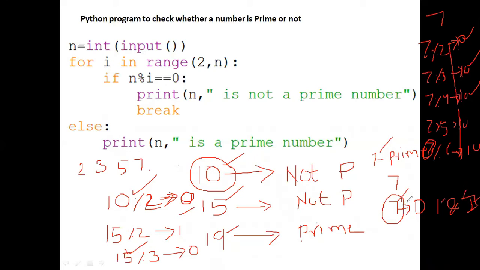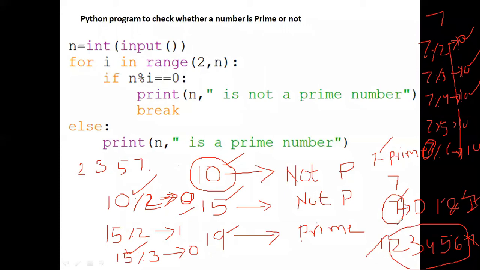Here I am going to find whether the number 7 is a prime number or not. How can we say that? I try to divide this 7 with the remaining numbers: 1, 2, 3, 4, 5, 6, 7. Eliminate 1 and 7. These are the remaining numbers.